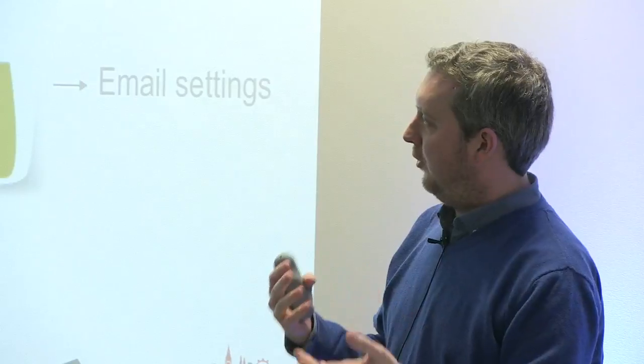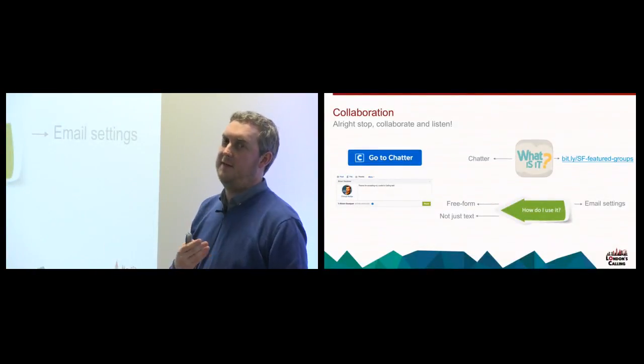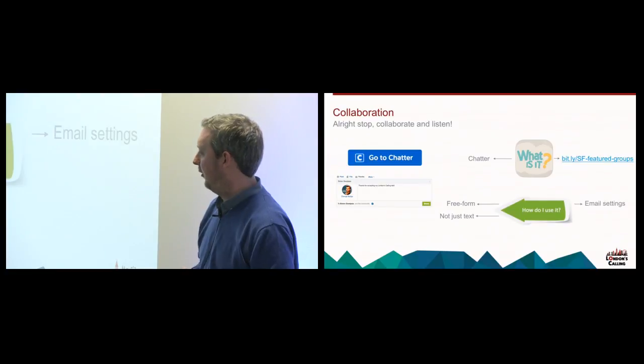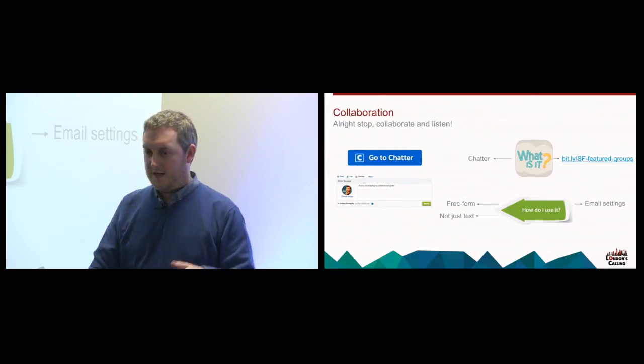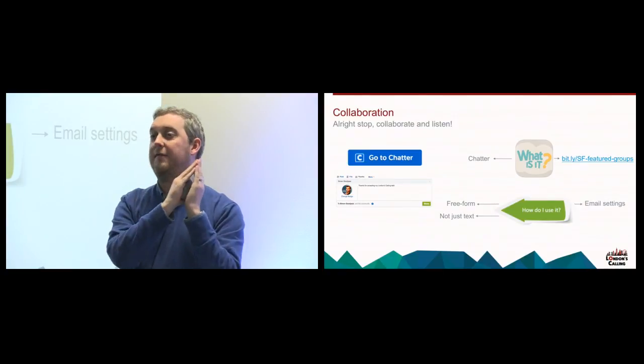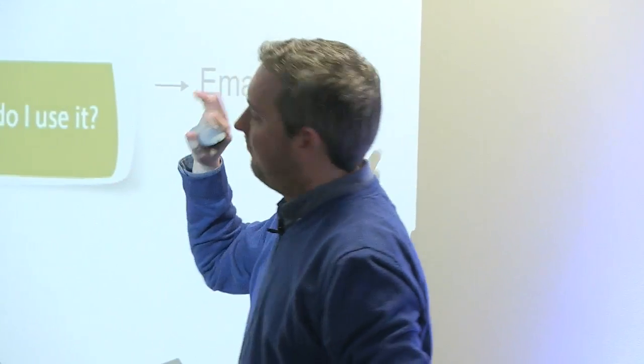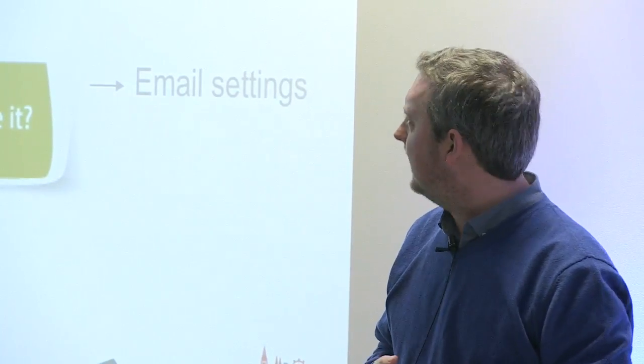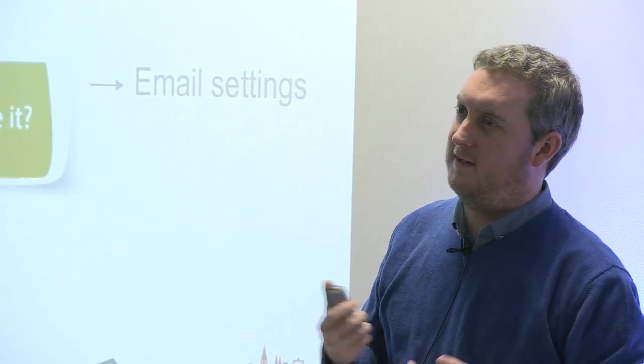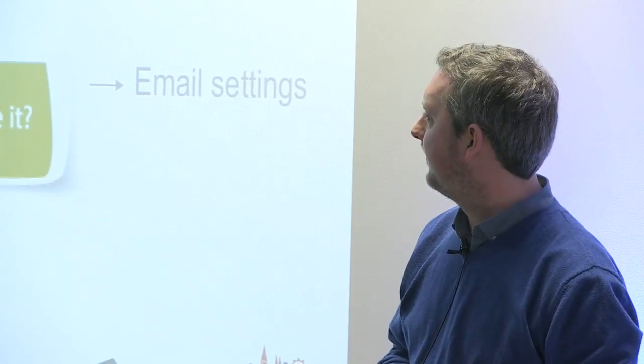Once you join a number of groups, I would definitely suggest paying attention to your email settings. When you're in a group, you have a number of choices about how you want to receive information or digests from what's happening in that group. It goes all the way from someone over this side with complete fear of missing out, who wants everything posted in that group to go straight into their email so they see all the discussions as soon as they start happening, right the way over to someone who says, for this group, I just want to receive one weekly digest. I think it comes out Sunday, showing what's happened in that group, and I can review it asynchronously, if you like.